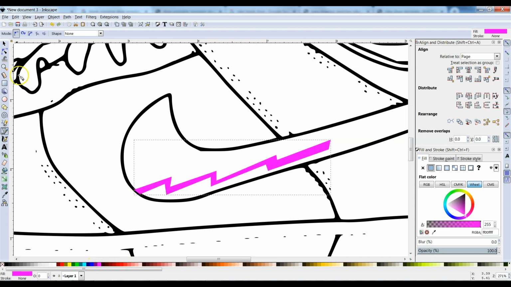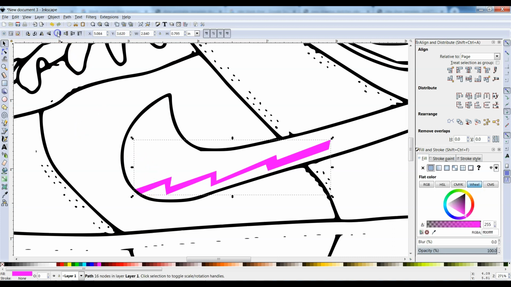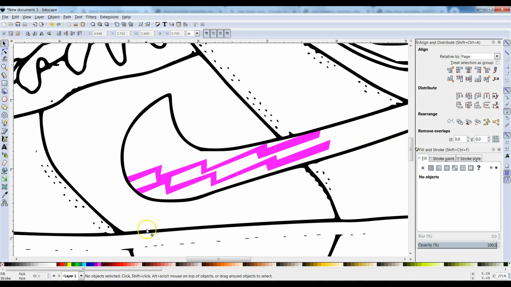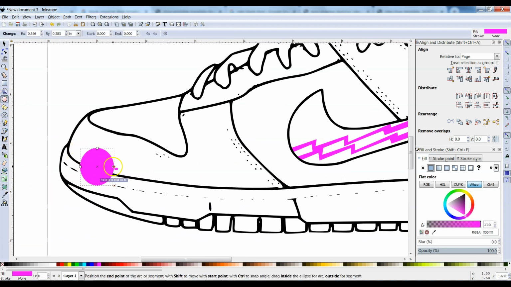And it's going to be this color, and it's going to go underneath. So let's click on that, and then click on this. And I'll press Ctrl D to duplicate that, and bring it down. And you know, maybe I'll keep doing that on there. Or maybe I'll click on the circle tool, and I'll half circle it,